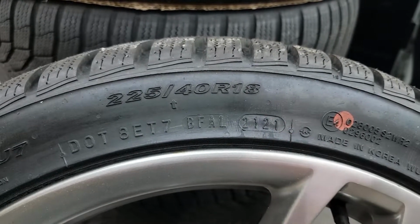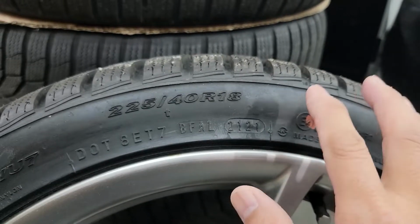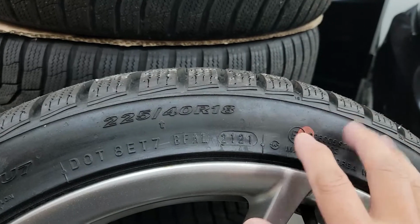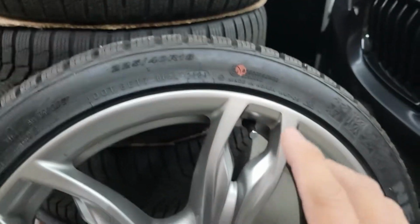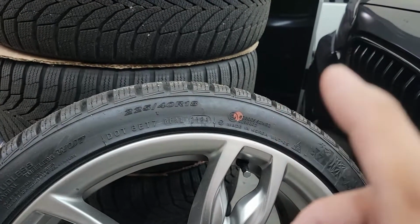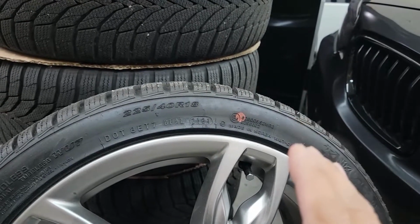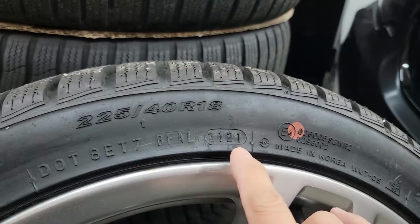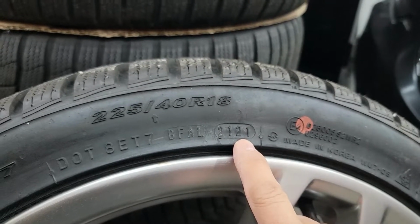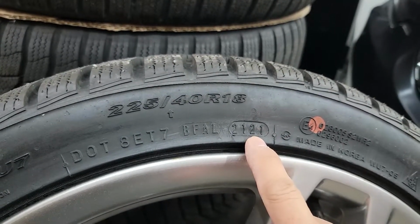So 21st week, I would say May 2021. Since I bought this last year, that's a pretty good date code. Because sometimes if you buy on sale, even a brand new tire, they're having a sale because they want to get rid of the old tires they have in stock that are getting older. You need to check your tire because it should be replaced after 5 years. So this tire should be replaced in the year 2026,